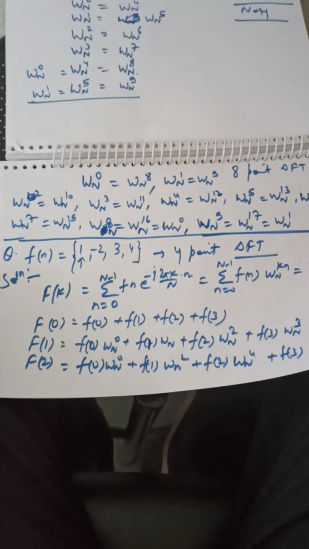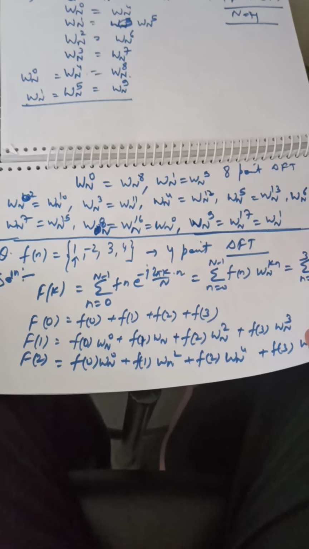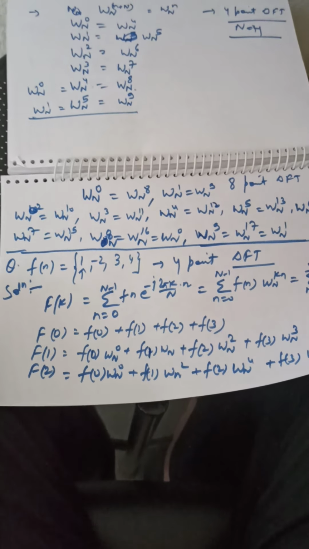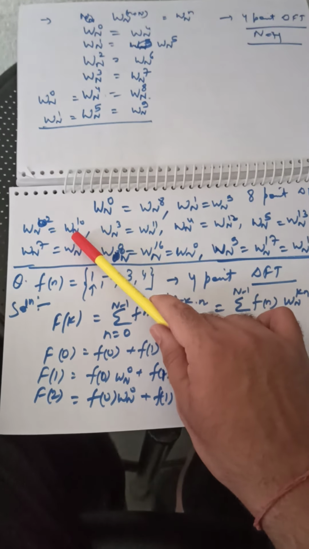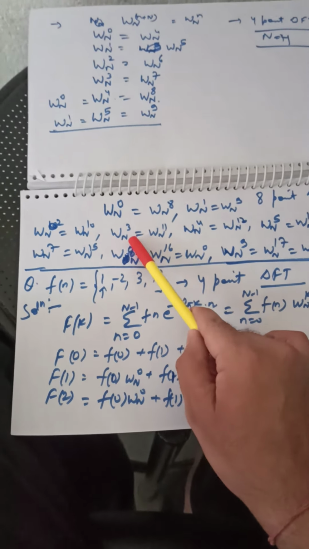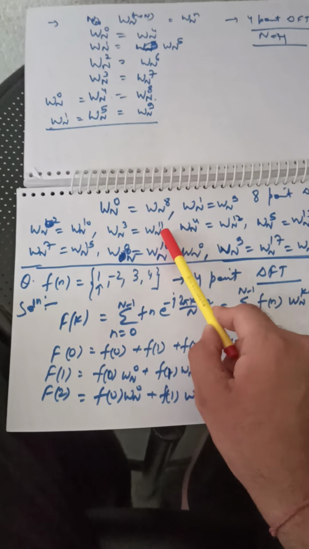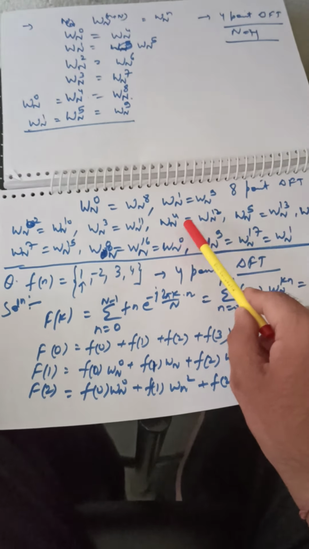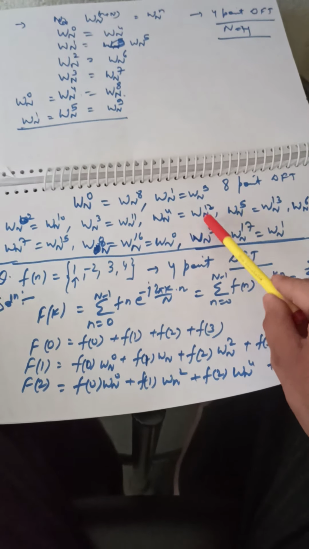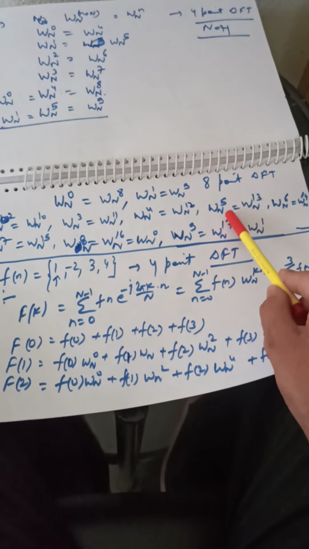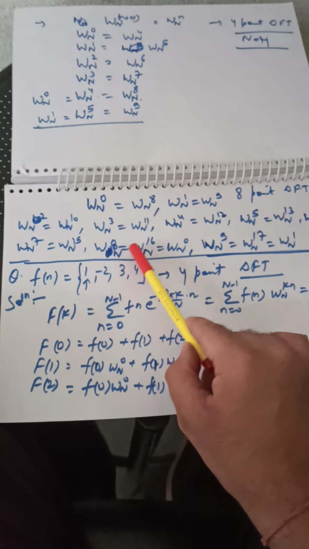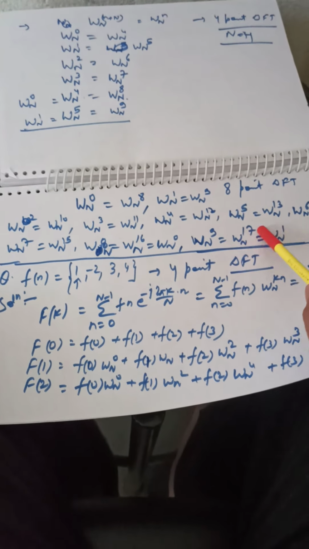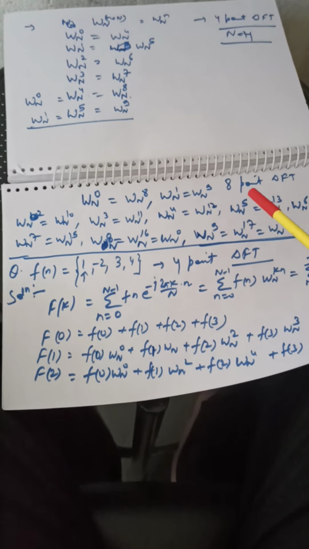Similarly, the variation in wn can be studied for an 8-point DFT. Again, wn1 will be equal to 1 plus 8, 9. wn2 will be equal to 8 plus 2, 10. wn3 will be equal to 3 plus 8, 11, and so on. wn4 will be equal to wn8 plus 4, 12. wn5 will be equal to 8 plus 5, 13, and it goes on. 8, 7, 15, and we are sure to get these wn's. Is it clear to you or not?